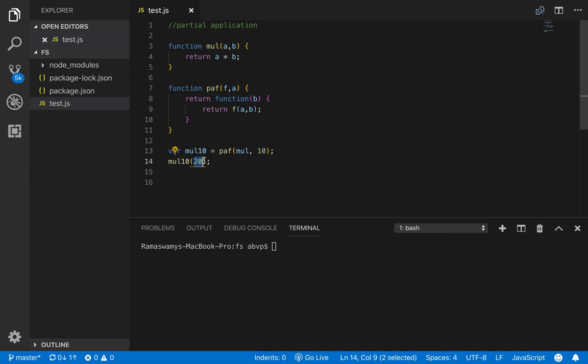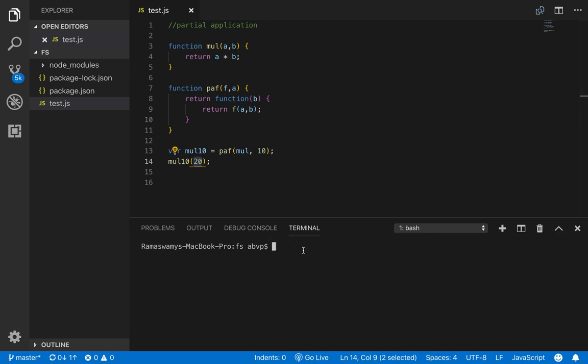So as we can see, the function PAF takes only one argument apart from a function as an argument. And calling this function PAF will call our function mul, with the arguments that we set and that we pass. So this is the partial application function.